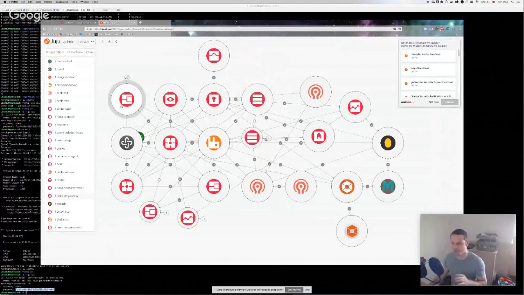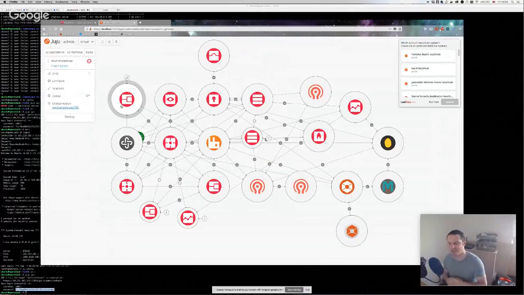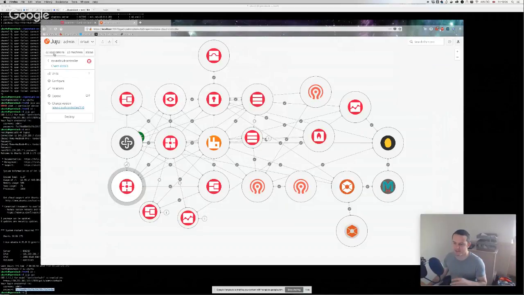But each one of these round circles is a service, and the service is, in this case, Neutron Gateway or Glance and all that type of stuff. And so, using Juju GUI or the Juju command line, scaling capacity on your server, be it physical servers, if you've got a whole bunch of physical servers, if you provision this on MAAS, then you're absolutely quids in because you can just provision more MAAS capacity and spin up more and more